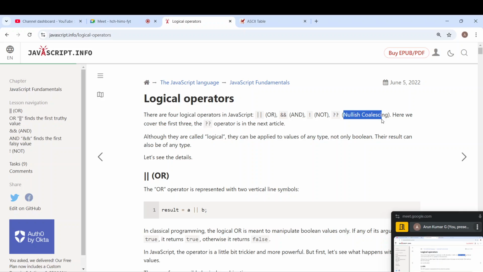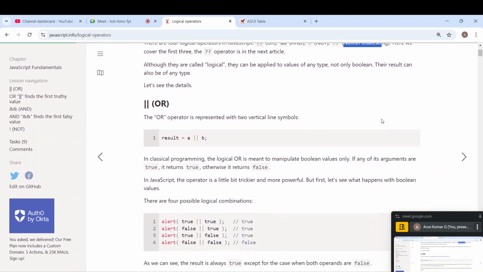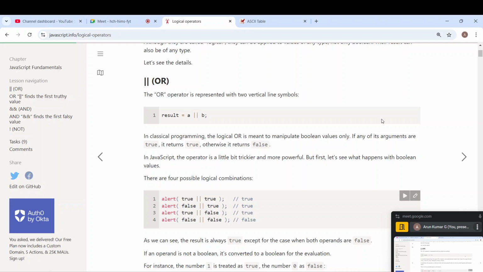Okay, so here, let's understand what is the OR operator. Anybody knows what the OR operator is? You want to explain? Help me explain. Yes, sir. The OR operator will check the conditions and it will return true if any of the conditions is true. Okay. If any one condition is true, that must be true. While the AND operator,